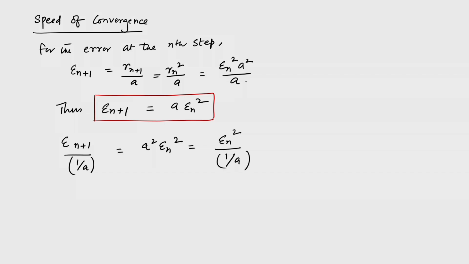Okay. So, what I am trying to say is that the epsilon n converges to 0 quadratically,